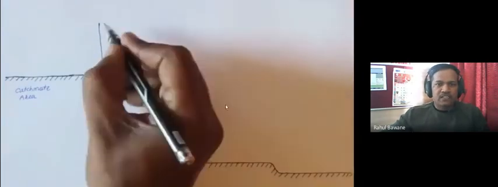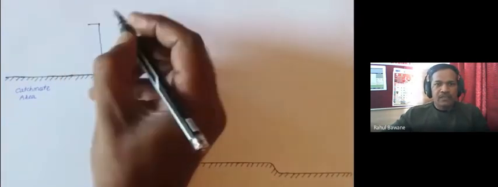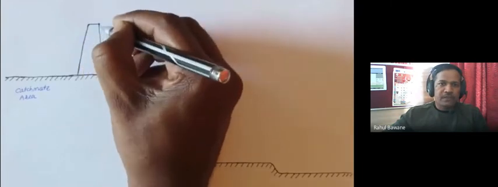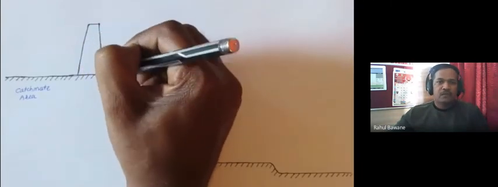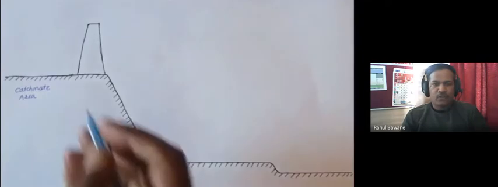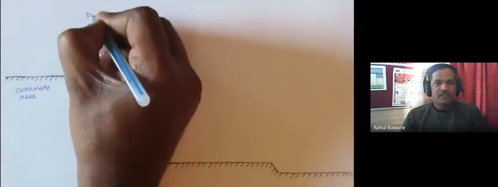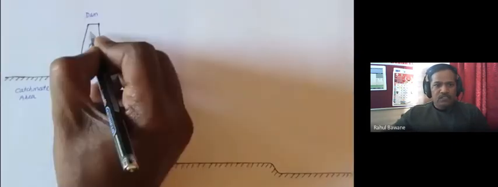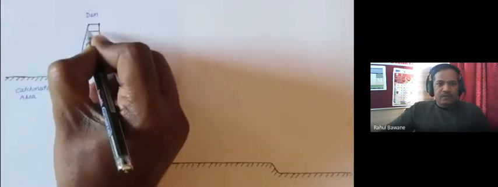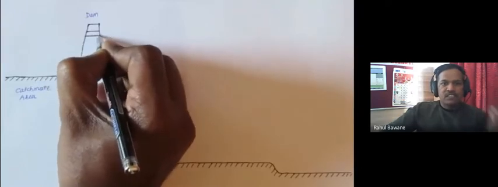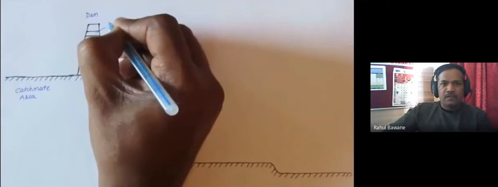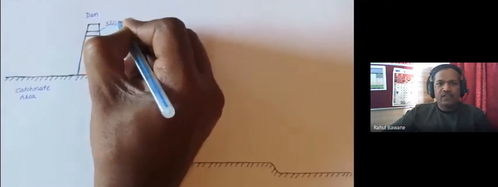Now dam construction. So a dam is broader at the bottom side, because whatever the water level stored, the pressure will be increased at the bottom side. So dam construction is narrow at top but broader at the bottom side. This is a dam. Now what is a dam? A dam is just storing a huge amount of water,